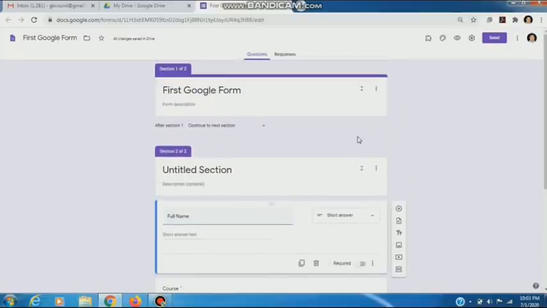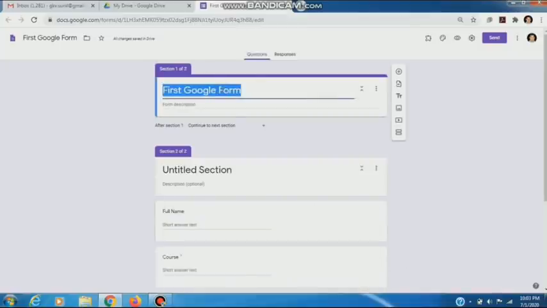Now all the changes we have made will be saved in Google Drive. Now we have created our first Google form systematically. Now we change its name. Suppose we are taking a test of mathematics.